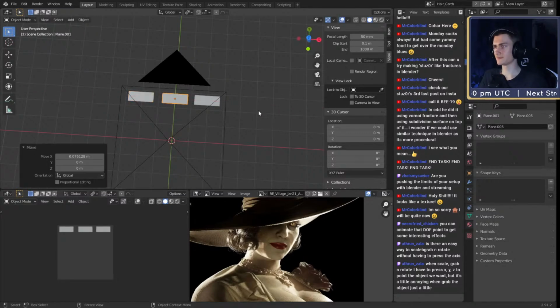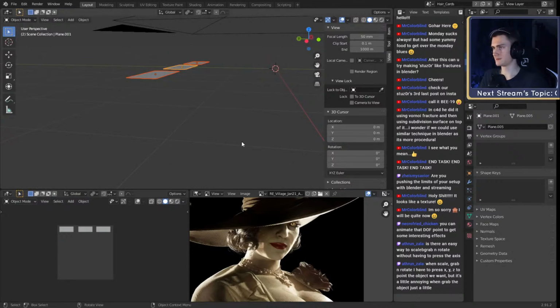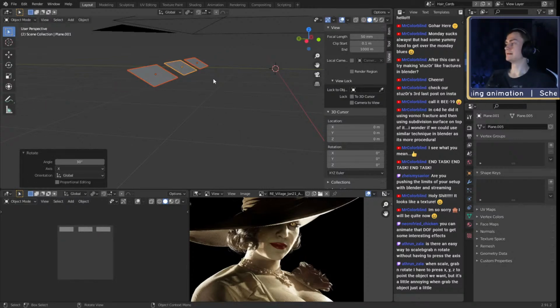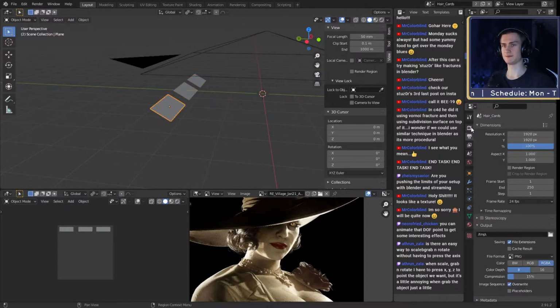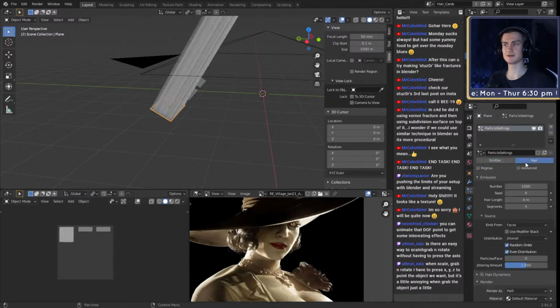Okay. Now rotate them by, let's say 30 degrees. Oh, not this way. Rotate them on the x-axis by, let's say 45. No, let's say 30. Okay, almost back to what we had before. Apply a vertical setting here.